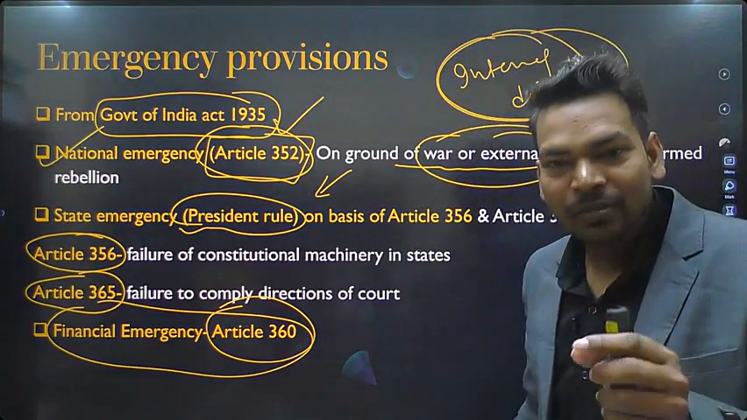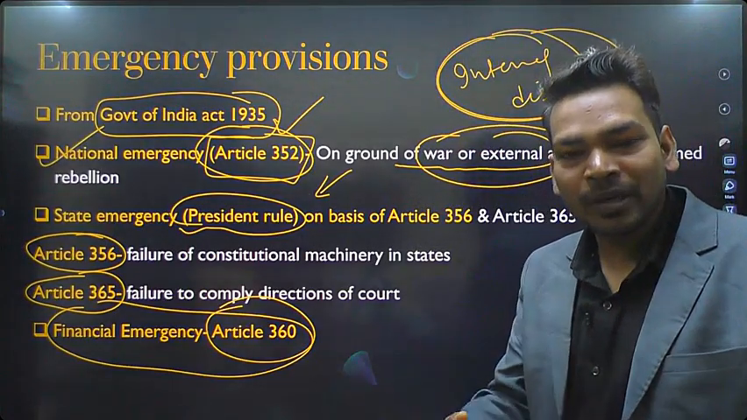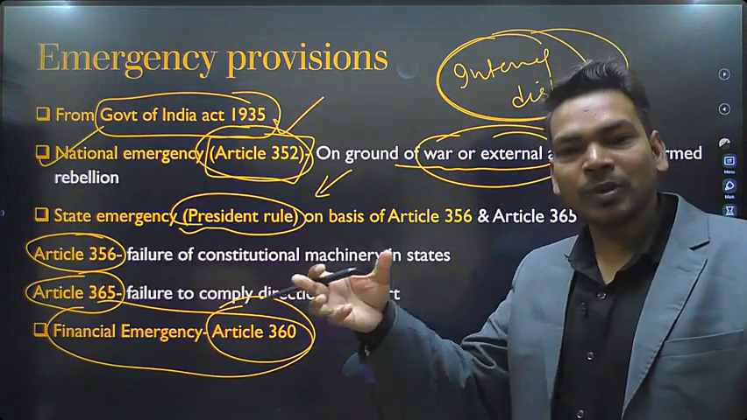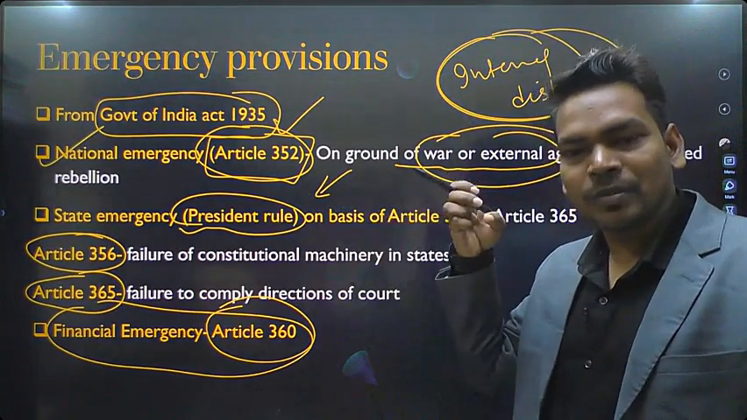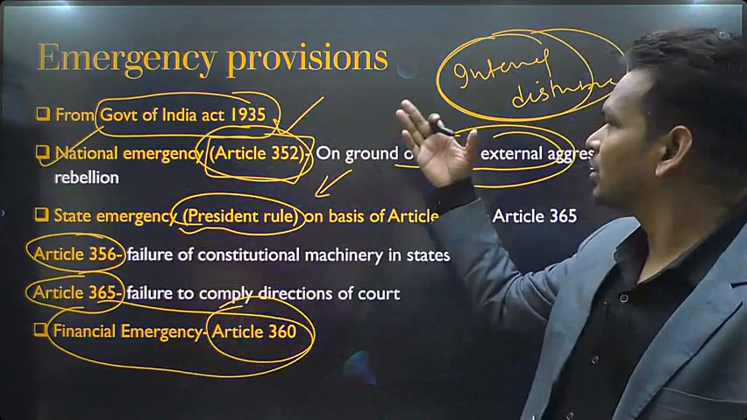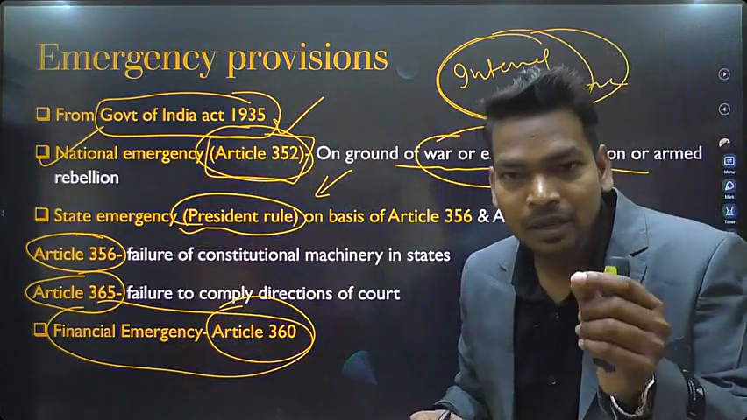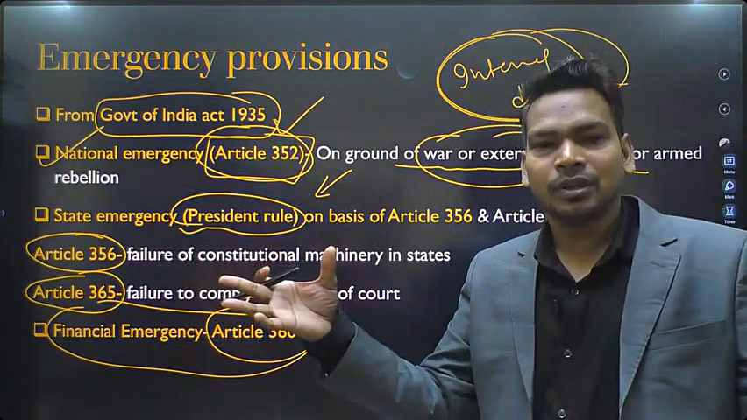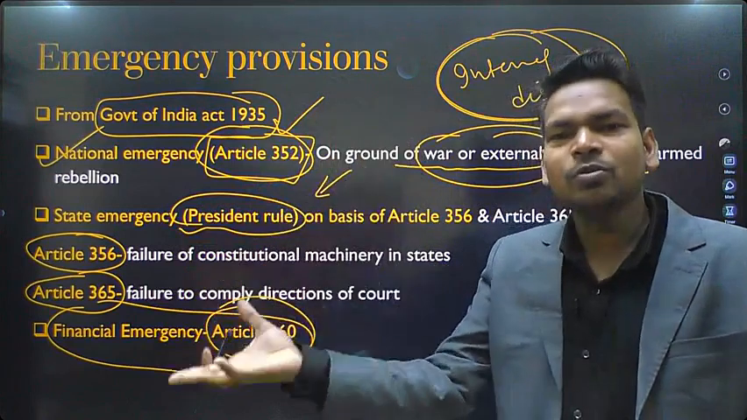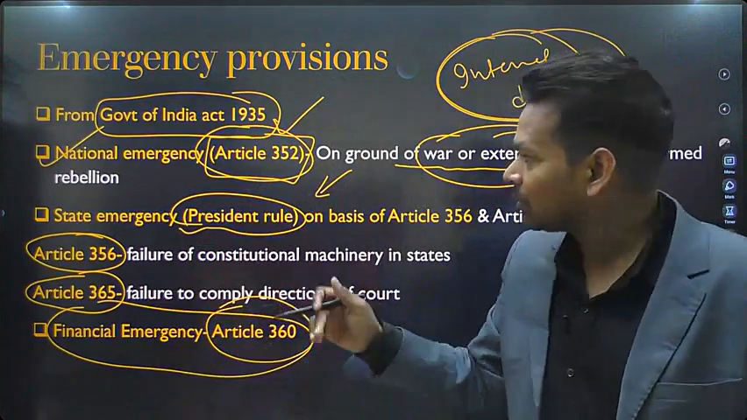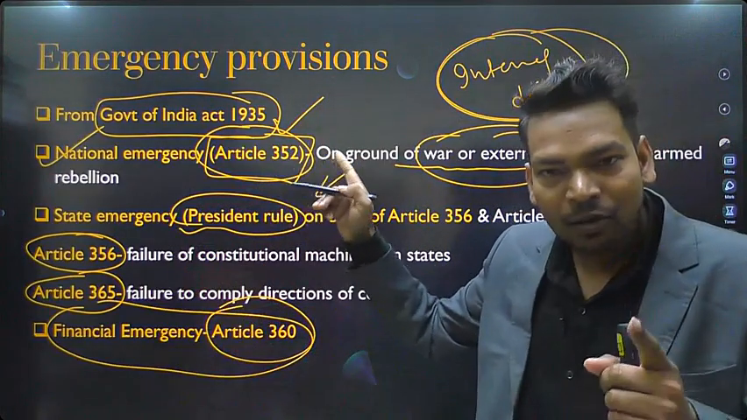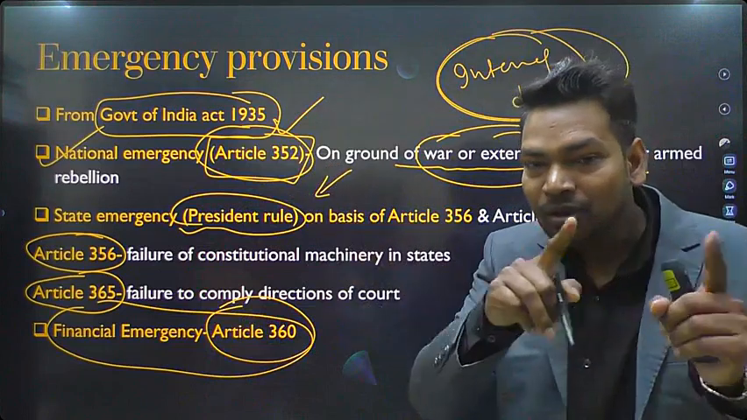Because internal disturbance could be different. It could be rebellion, or anybody, if our people are going to be armed and they are going to rebel. So internal disturbance was a very vague term. Under this term, anything could be possible. So that's why, once the Indira Gandhi government was about to lose power,